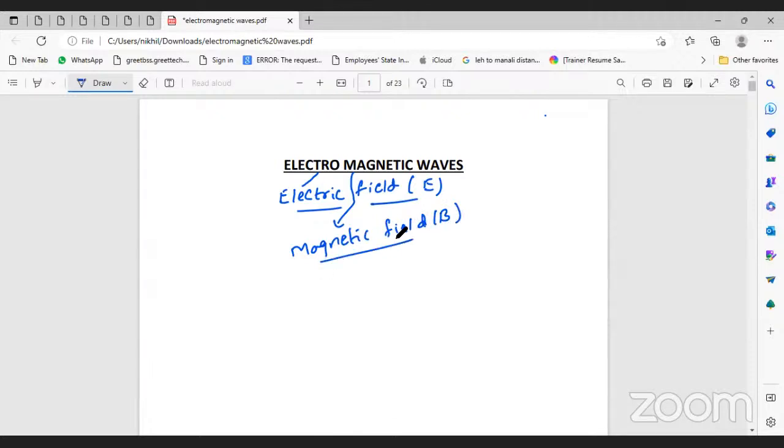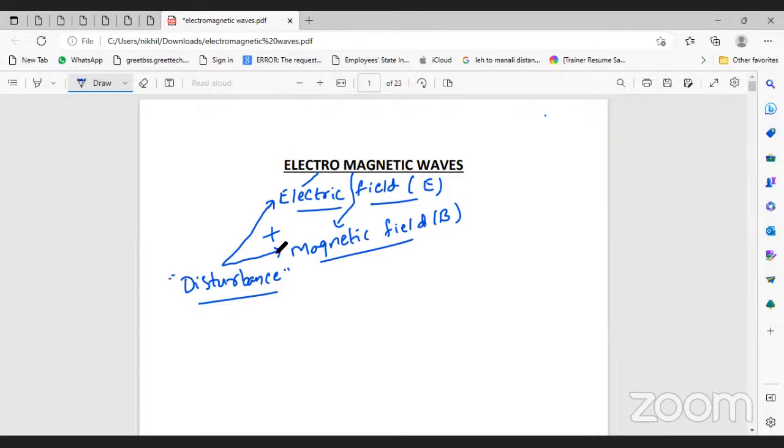Magnetic field is the one which is going to constitute when the charge is in motion. That means when the charge is in motion, it constitutes a current. Because of the current, it induces a magnetic field. Now, in electromagnetic waves, we are going to club both electric and magnetic field. After clubbing these two, whatever disturbance is set up in a medium, that disturbance is what we call the